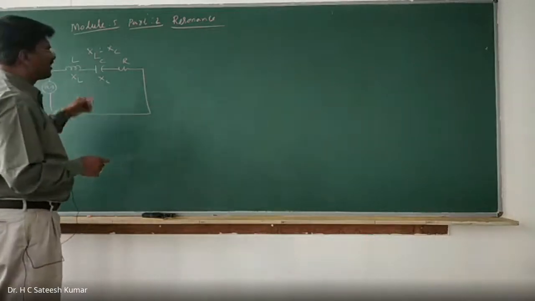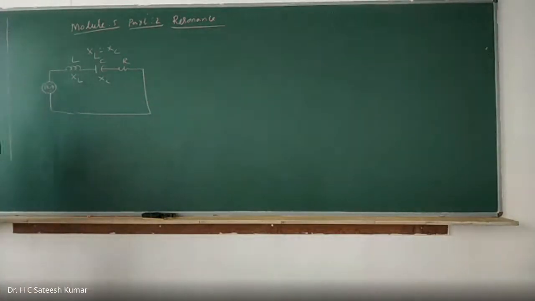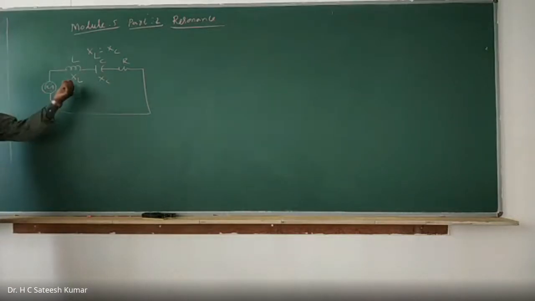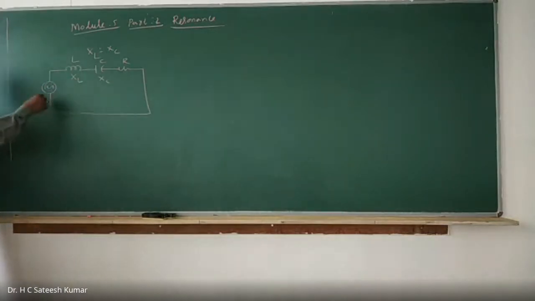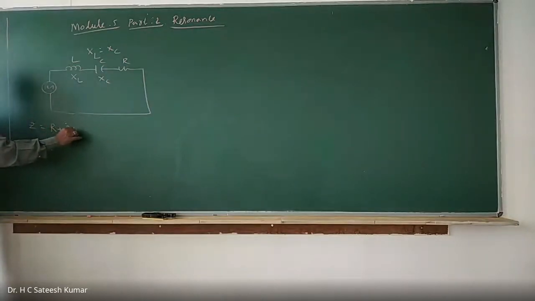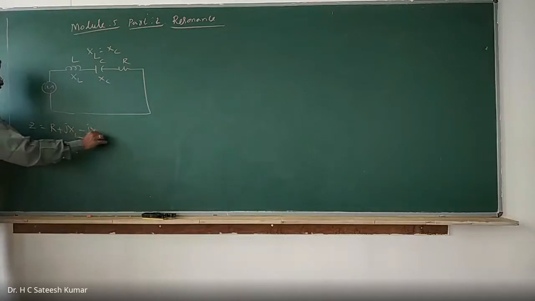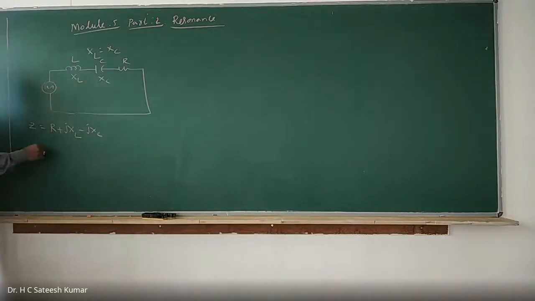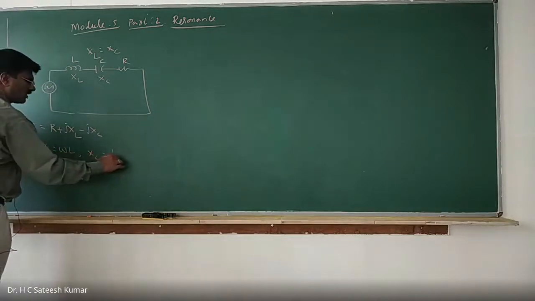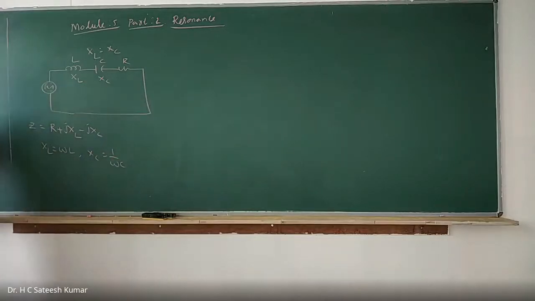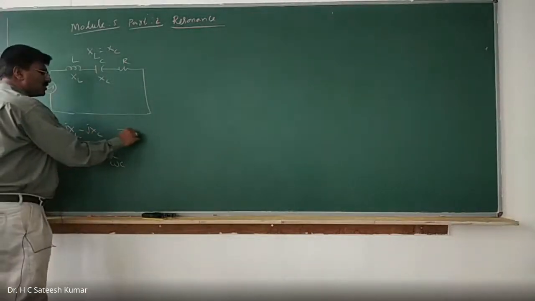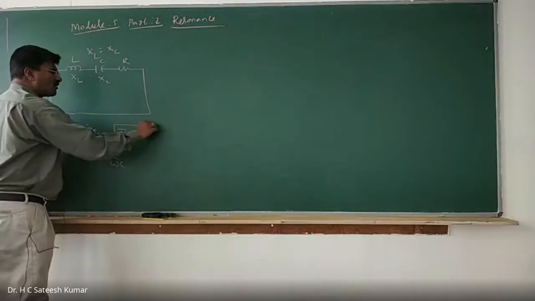Or another way of doing it. It is a condition in an AC circuit. Many definitions are there for this one. If you take the complete impedance, Z is equal to R plus jXL minus jXC, the total impedance, where XL is equal to omega L and XC is equal to 1 by omega C. Now, when the inductive reactance is equal to the capacitive reactance, these two get cancelled. Therefore, at resonance, the impedance of the total circuit is nothing but equal to R. That means the circuit behaves like a purely resistive one.